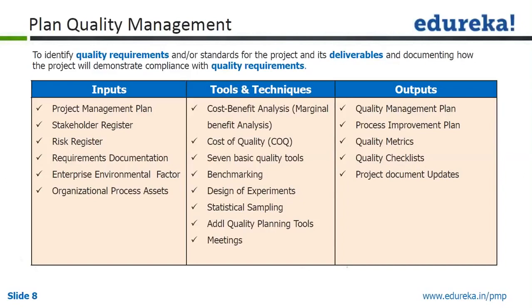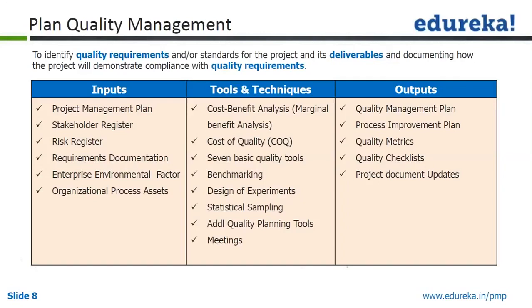So the second input for plan quality management is the stakeholder register. If you remember, identify stakeholders is an initiating process group process, and this is plan quality management. So that is already, the point I wanted to make was that it is already performed. So the stakeholder register will be available. From the stakeholder register, you will come to know the stakeholder tolerances and so on, so you know where to concentrate on for the quality management plan. So what are the factors, and that's what we see.